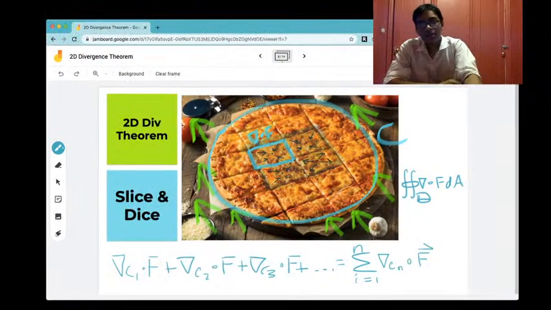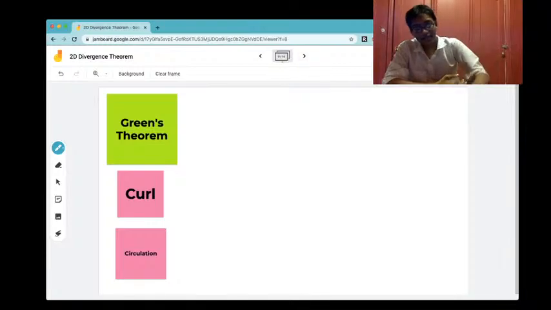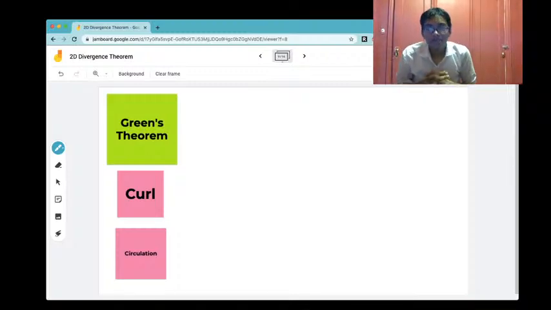Anyway, back to our key question, which is what? What is our key question? Well, we basically wanted to connect the flux with divergence, and that's exactly what we've done here. Now let's move on to the next slide, where we're going to be taking this idea back to Green's theorem. This is going to be pretty short because the focus today is the divergence theorem, but I just want you to see the analogy between Green's theorem and how it connects